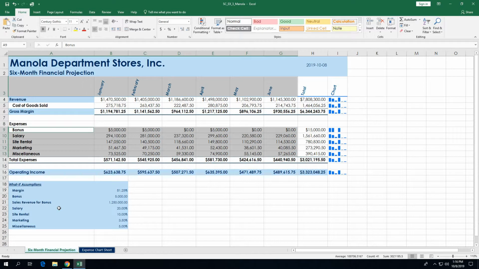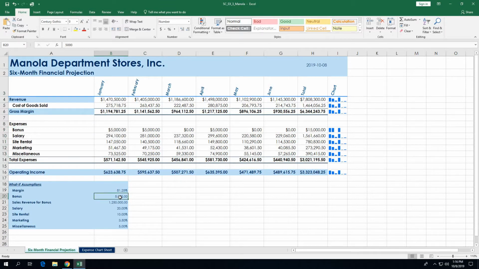Okay? And so what it wants us to do here is, and since we haven't done any splitting of our worksheet at this point, we can actually go all the way to the first bulleted item on the top of page 3-56. What it wants us to do is change the value in cell B20 to 7,500. Alright, so in B20, which is our bonus amount, it was 5,000. We're going to change that to